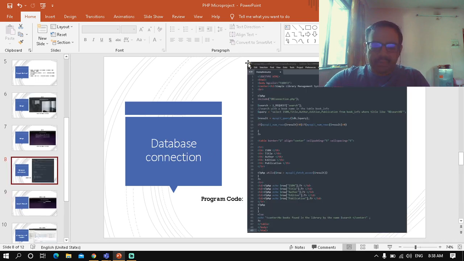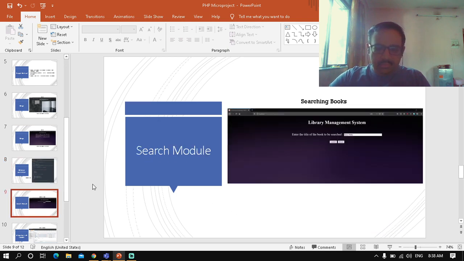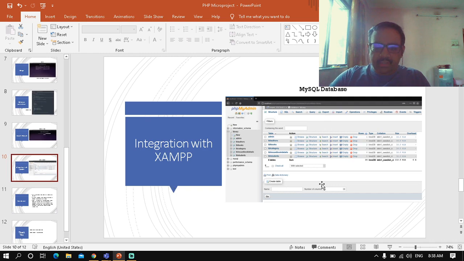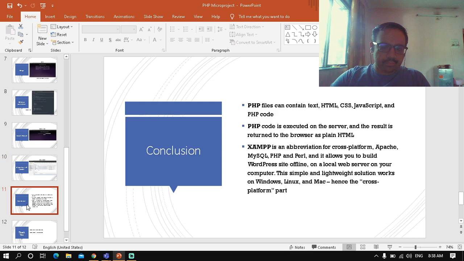That's for the program. You can see we have used HTML here. We have used PHP over here, and the HTML table tag to create a table in which we can enter data. You can look over that, and that's what the output will look like. This is for searching the book, and this is what the data will look like in the phpMyAdmin server.